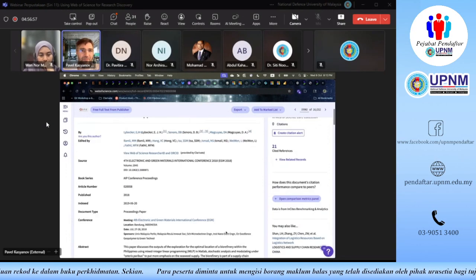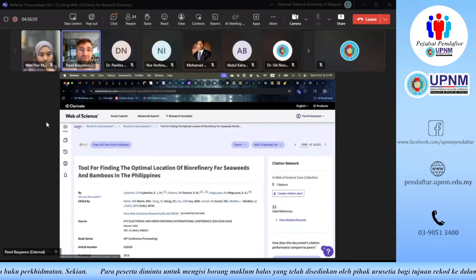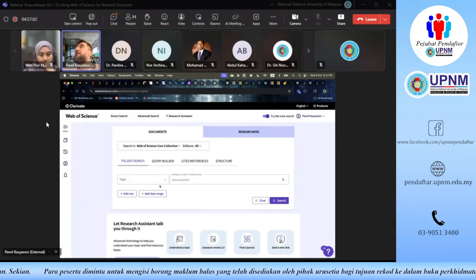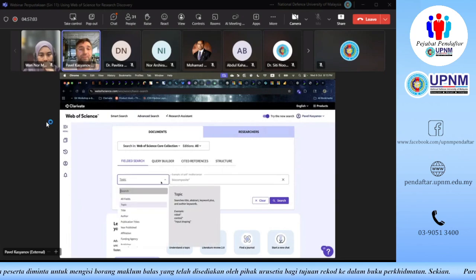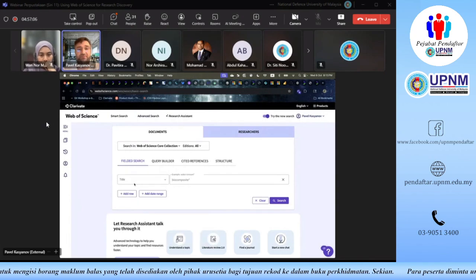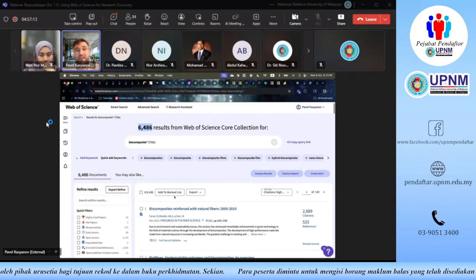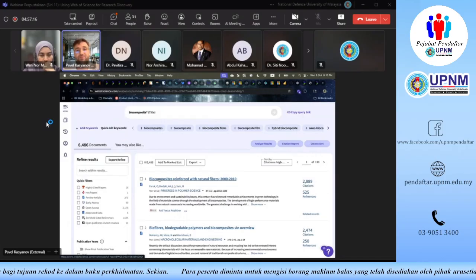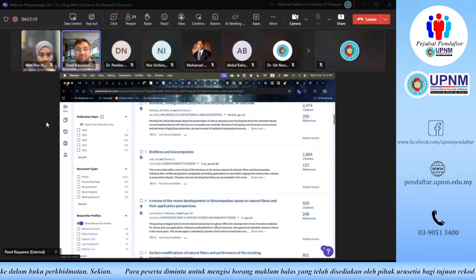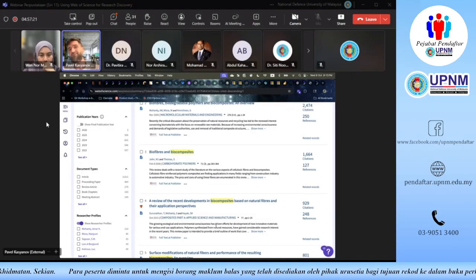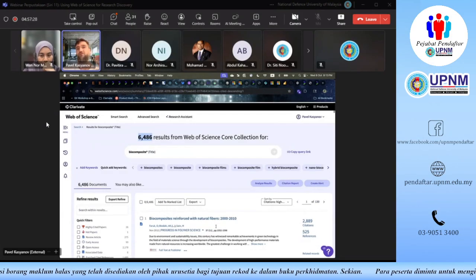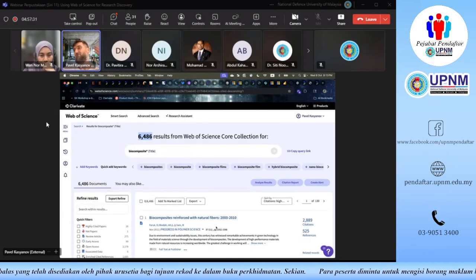Okay, so instead, to increase the relevance of our search, we can just run a search on the title. And if we run that kind of search, we're only left with 6,500 results. But all of them contain the word biocomposites in the title, meaning that those are definitely super relevant to our search. Yes, you're probably losing a part of the results like that, but if you value relevance over completeness of the search results, you can also do that.